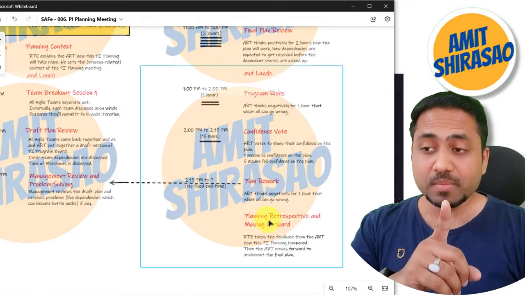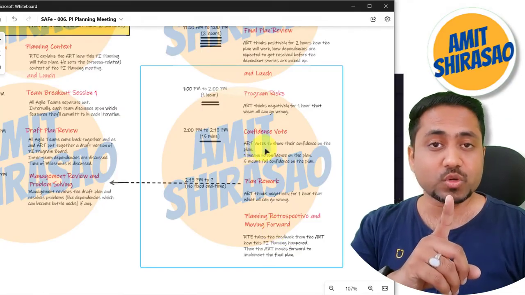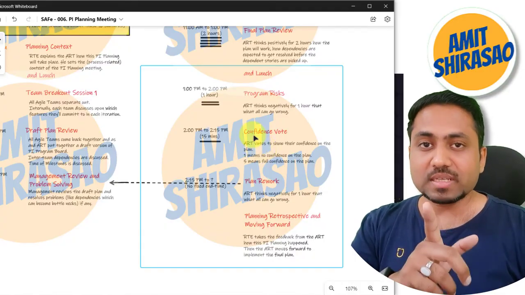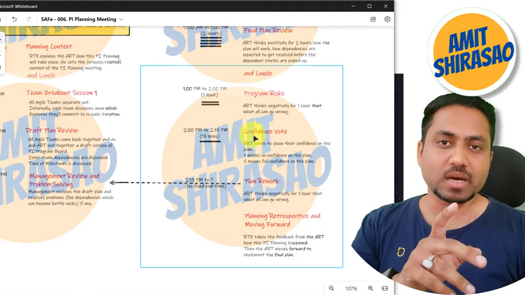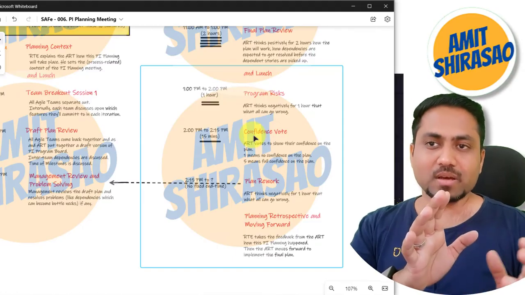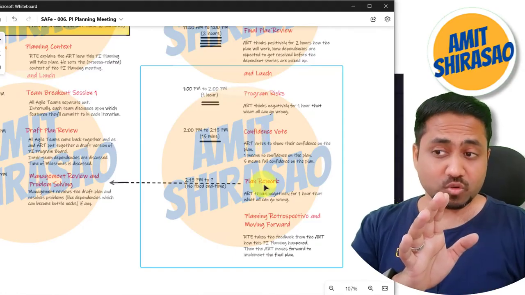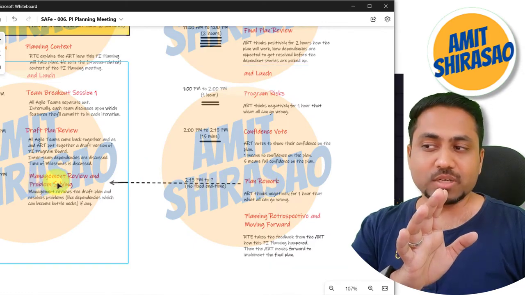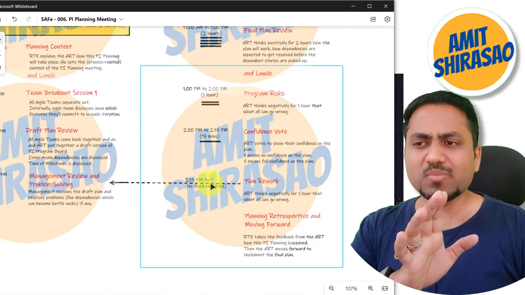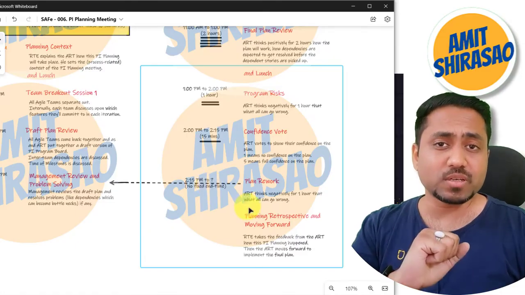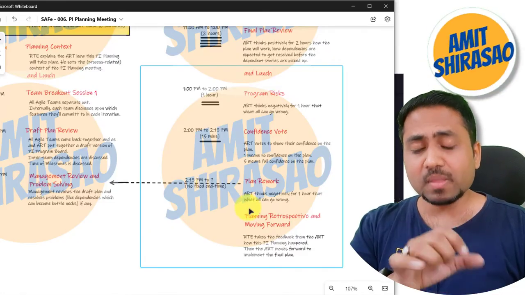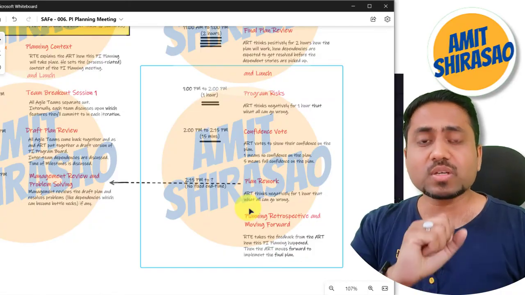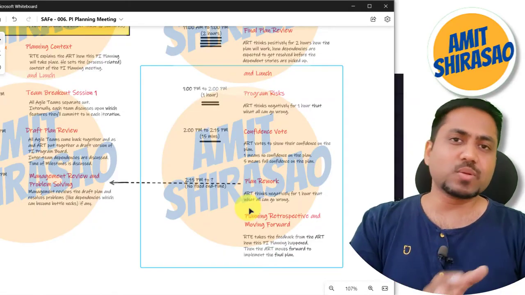If the confidence vote is lesser than 3, then we understand that most of the people in the ART are not confident about this plan. So we go for a plan rework. Plan rework means, once again, management will try to find out some answers. People will be asked why they are not confident about it. Whosoever voted less, most of them will be asked. A chance will be given to everyone.